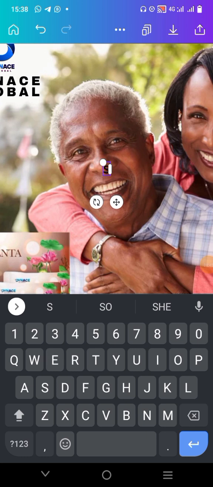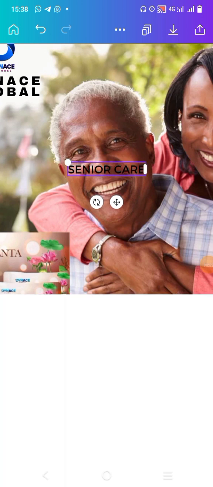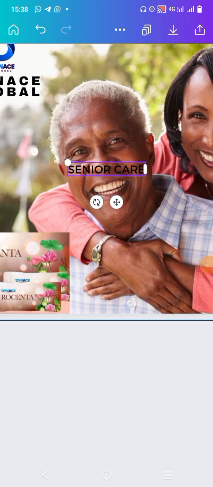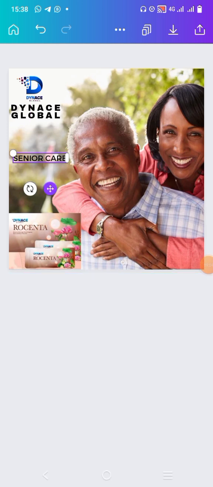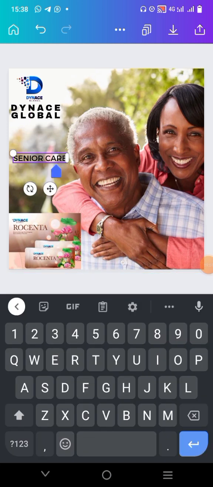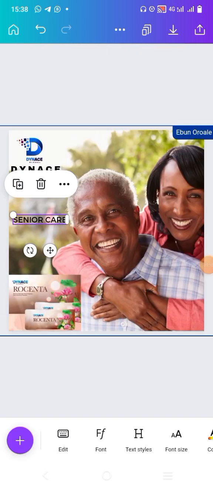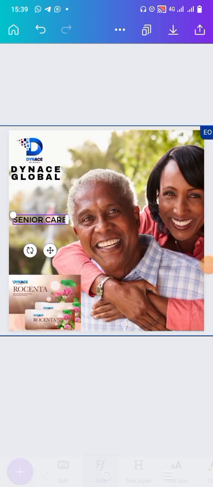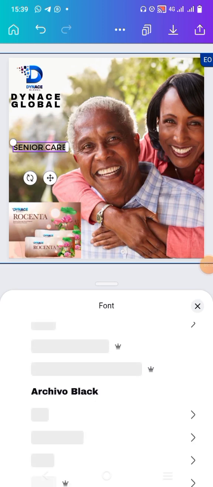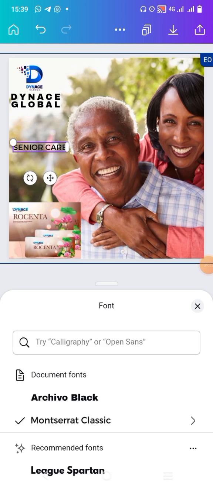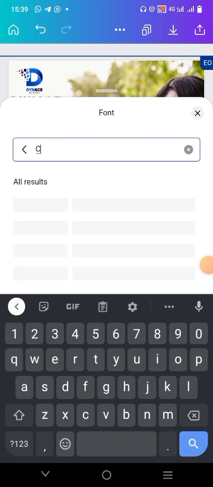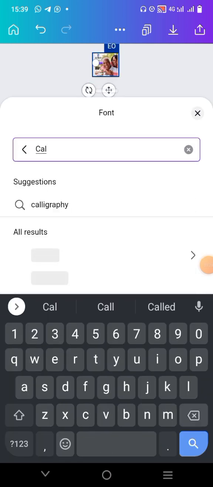Immediately you start, it will change to senior care. Then you can now change the font. You can see that the font that was used inside the flyer that we are mimicking is like a calligraphy font. So you can change the font. How do you change the font? I have shown you how to change the font before. Select your character, go to the font. Now we want to use calligraphy writing. So how do we get it? It's called calligraphy. You just type calligraphy here,